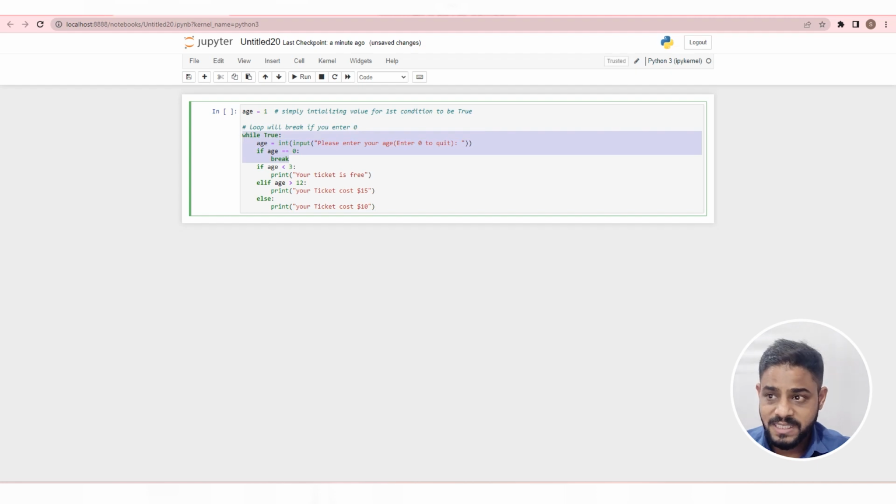This part of the code defines the condition that if user enters 0, the loop will break. This part of the code defines a condition that if age is less than 3, then print your ticket is free. This part of the code defines that if age is less than 12 but greater than 3, then print